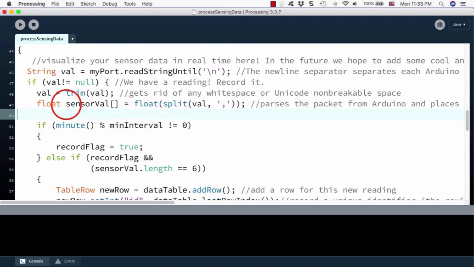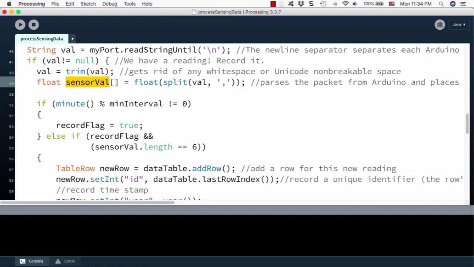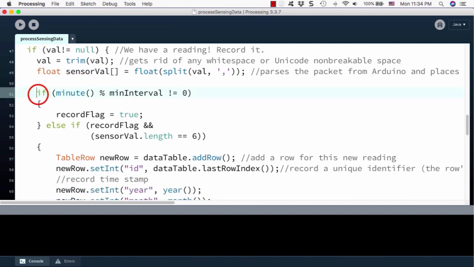Now let's take a more careful look at the source code. If the minute modulo the minute interval is not 0, it means that, as we mentioned, we set the interval to 5 minutes, so at 1 minute, 2 minutes, 3 minutes, 4 minutes, it does not work. This means that only one thing happens: the record flag is true, so that it will not read later. But after that, at multiples of 5 minutes, 10 minutes, 15 minutes, 20 minutes, then the else branch will run